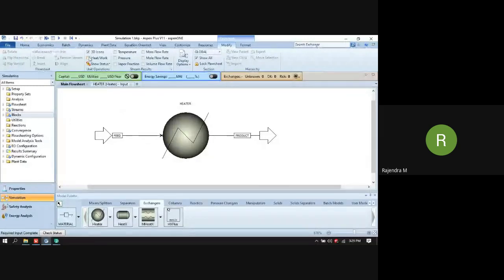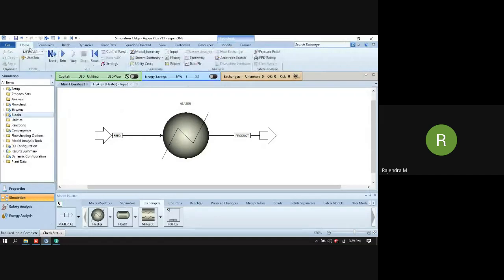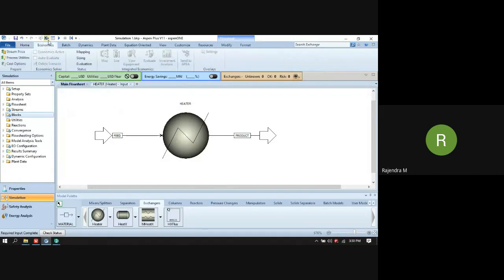So how are we going to run the simulation? Either we can move to the home tab and click on the next tab or run tab over here, or you can press F5 on your keyboard, or at the top you can see these small icons, a next tab or a run tab.